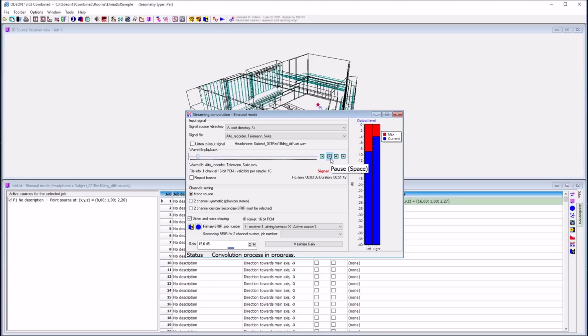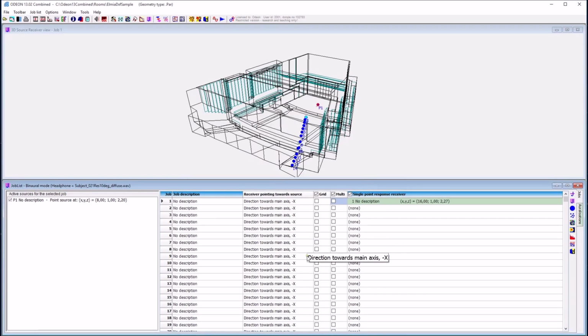Or indeed we can listen to some other signal, or listen to it in another receiver position if we have calculated such one. So it's a nice way to present how the acoustics sound to laymen that might not be acousticians, so they get an understanding which goes beyond just reverberation time.